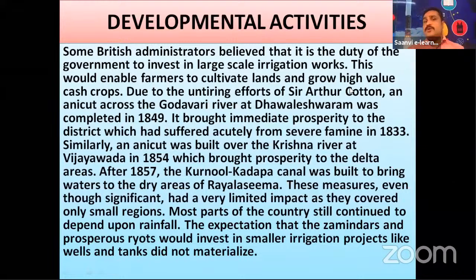Similarly, an anicut was built over the Krishna River at Vijayawada in 1854, which brought prosperity to the delta areas. After 1857, the Kurnool Kadapa Canal was built to bring water to the dry areas of Rayalaseema. These measures, even though significant, had a very limited impact as they covered only a small region. Most parts of the country still continued to depend upon rainfall. The expectation that the zamindars and prosperous ryots would invest in smaller irrigation projects like wells and tanks did not